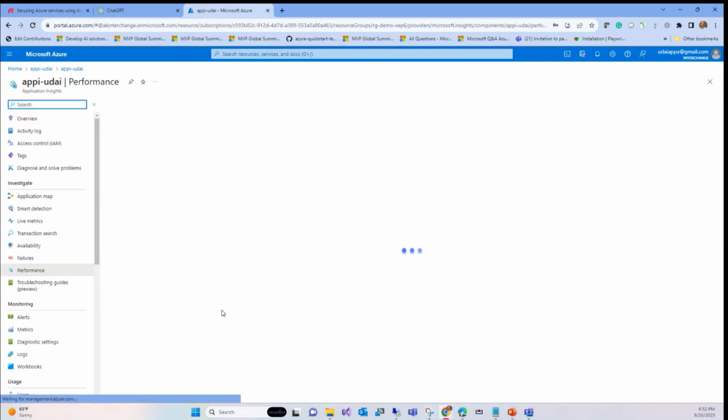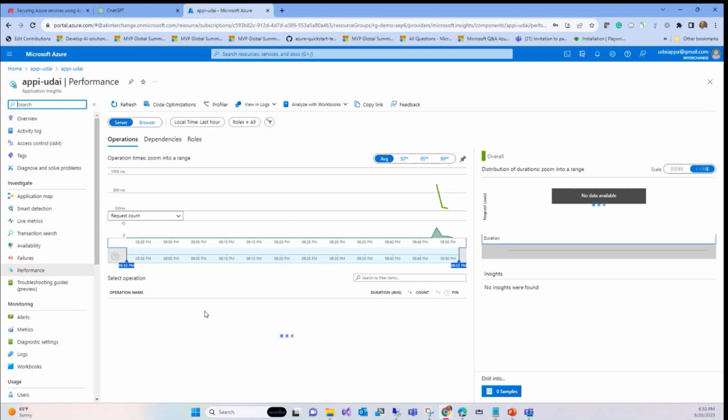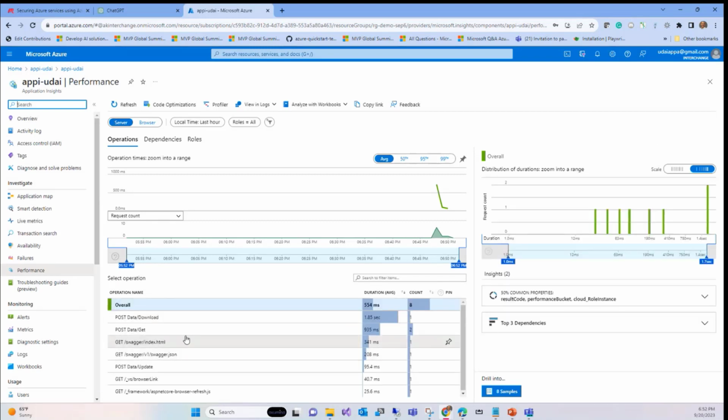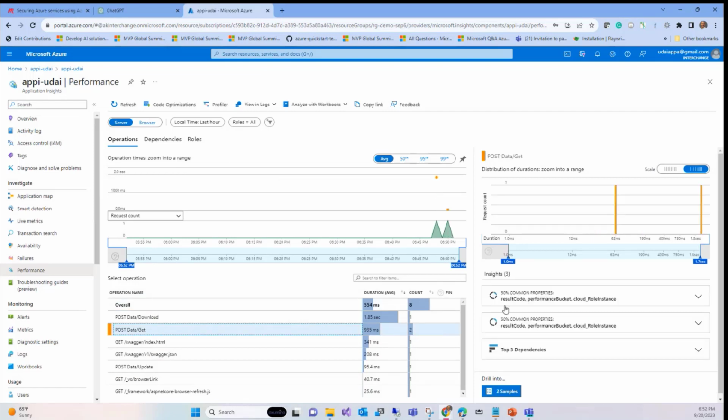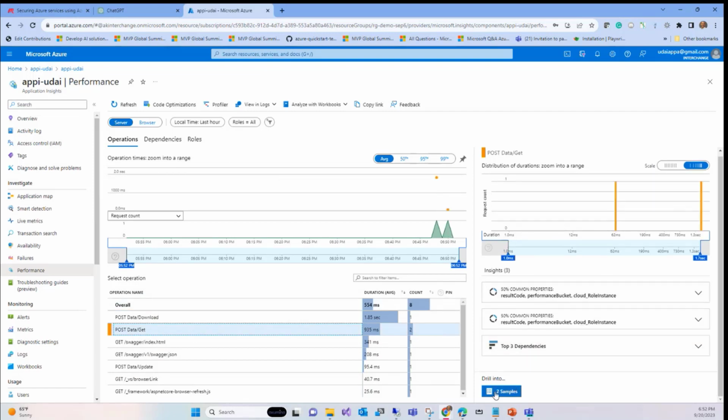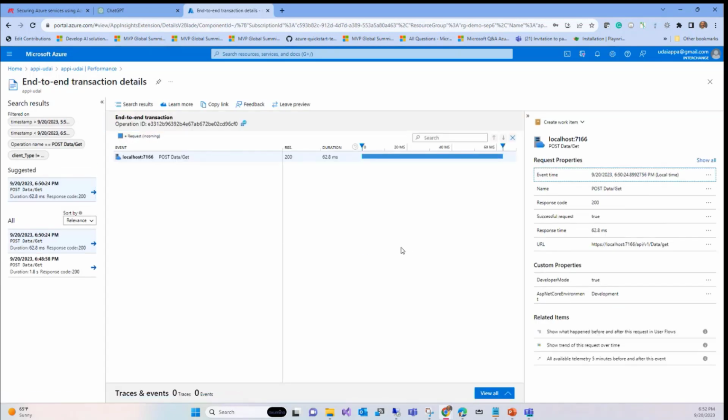And what is a request? You can look at it. Get, these are the things we did, right? So get, download, and look at that, further dive into it, drill into it, two samples, then you look at it. So pretty nice. It's working. So with local auth disabled mode, nobody can connect from outside, it's all working, you can explore it.